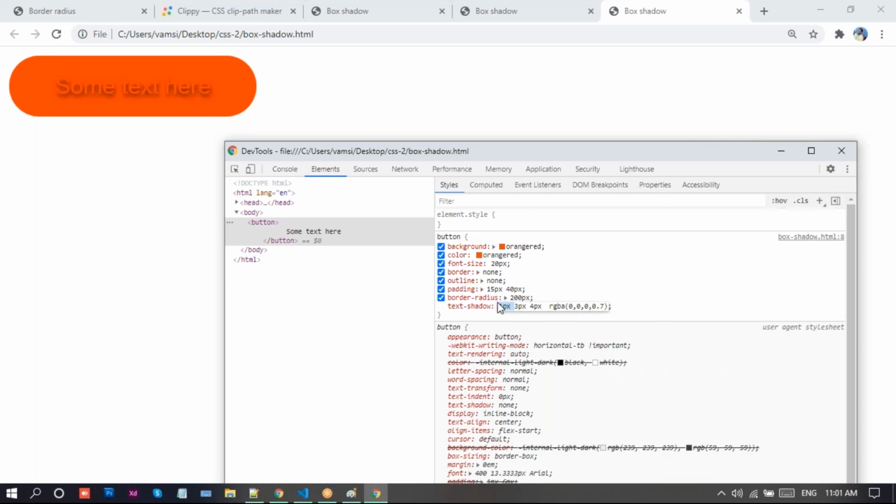Now we can adjust this one, so you can increase this. See, and if you want you can increase it like this. Now we can apply this text shadow.